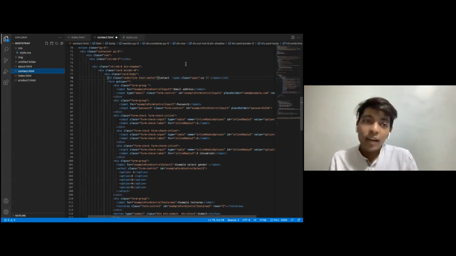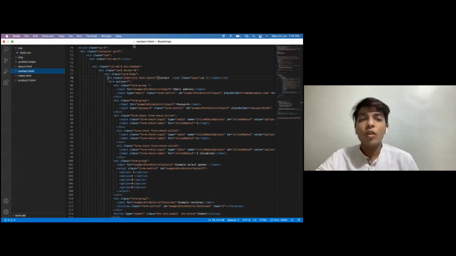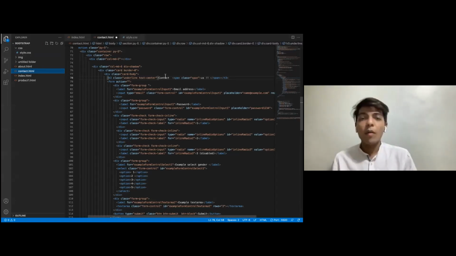Download this template, do the necessary styles you want to, go to the cheat sheet that we'll be providing, and you will actually get a lot of ideas about what Bootstrap is, how you style in Bootstrap, and what the different things are that Bootstrap provides us. There are a lot of things that I have not used, for example testimonials, carousel, accordion, alerts, but those are some advanced parts. Alert is something that I guess we'll be using when we make PHP.